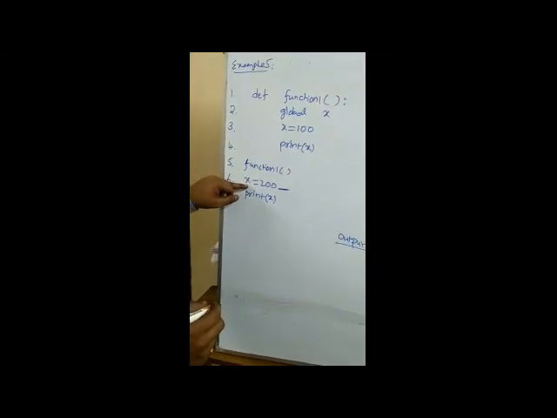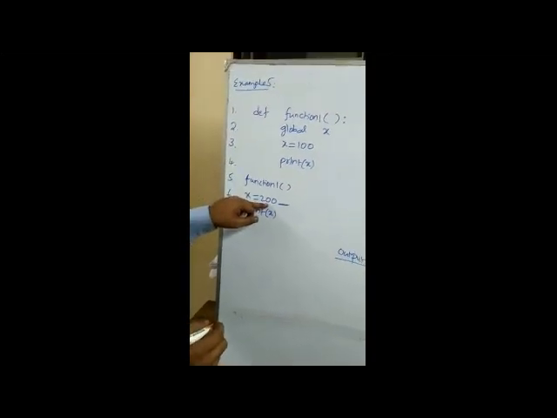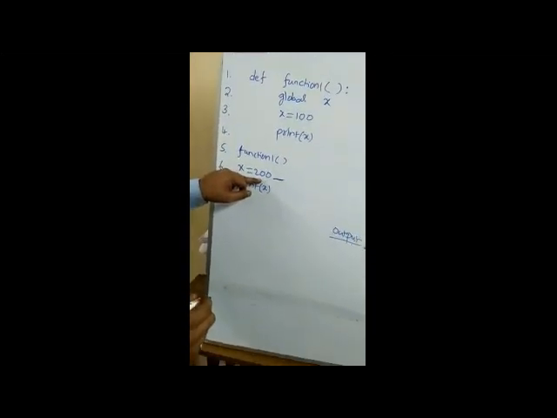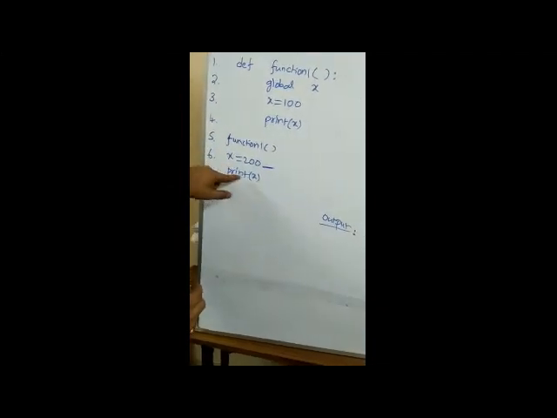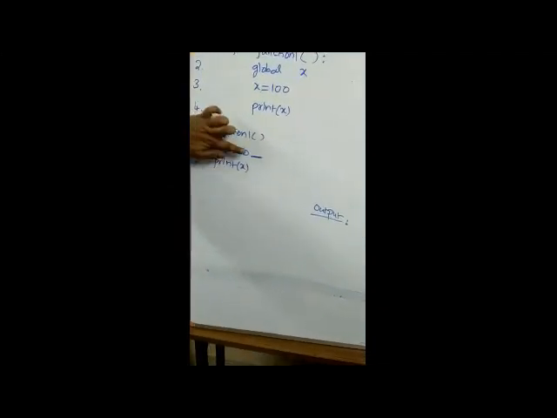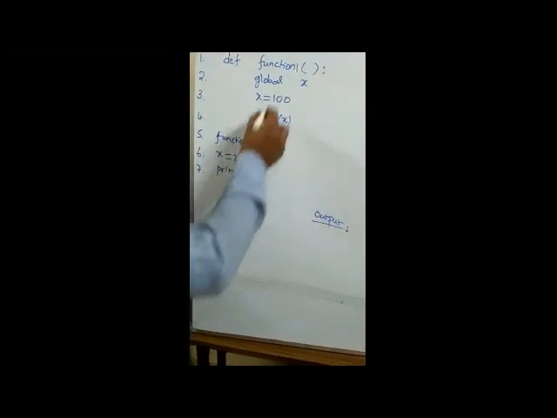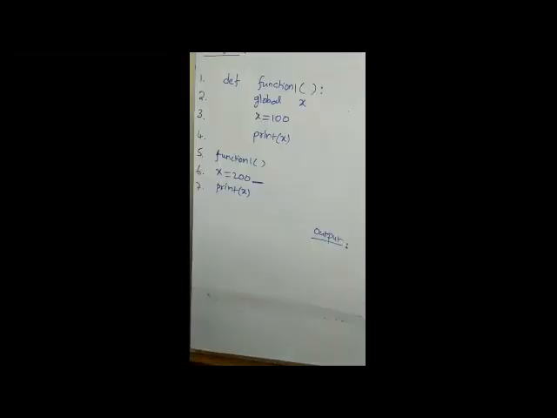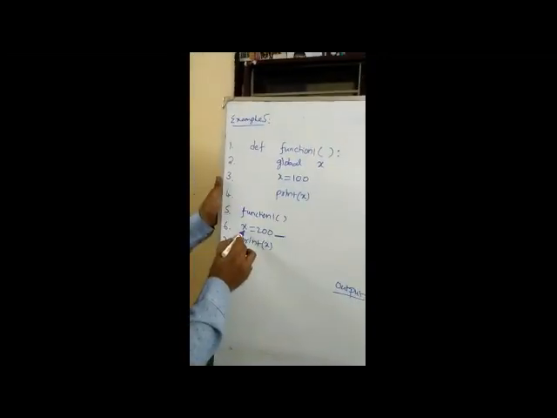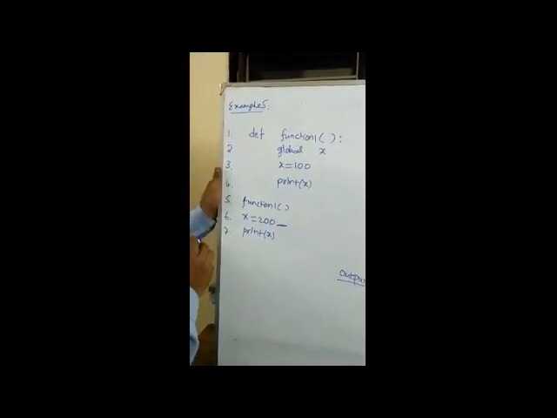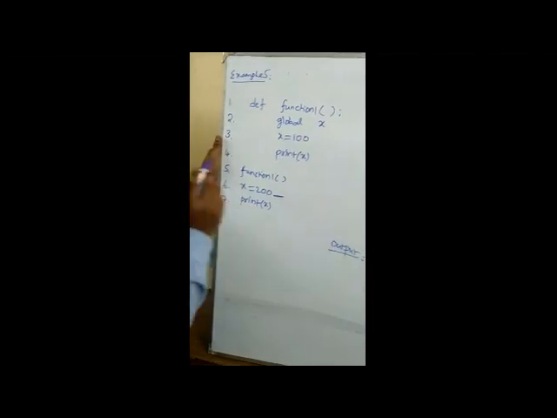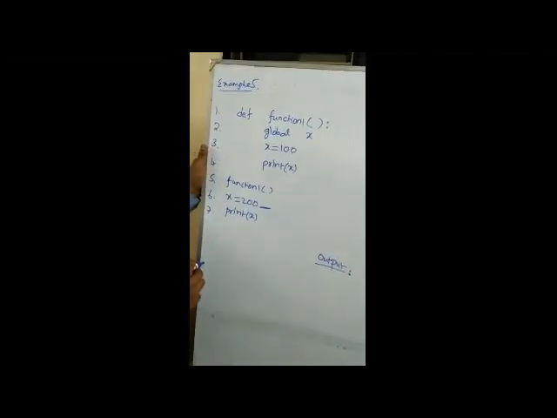Here I define one more x, that is global. See, first preference print of x. In the previous example, this statement is not there. That's why it displays this global variable. But this time I am declaring one more x variable here. So that's why it displays the value x is equal to 200.